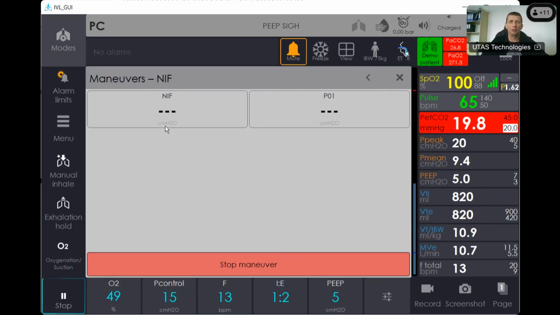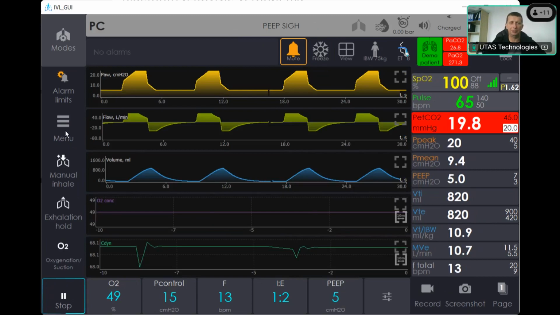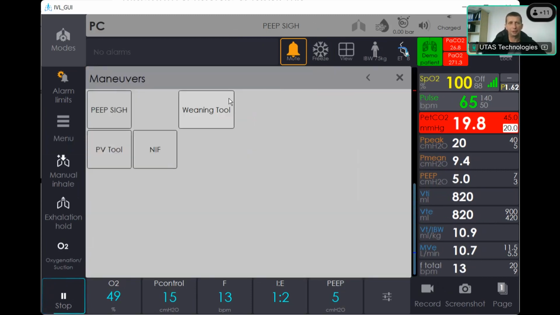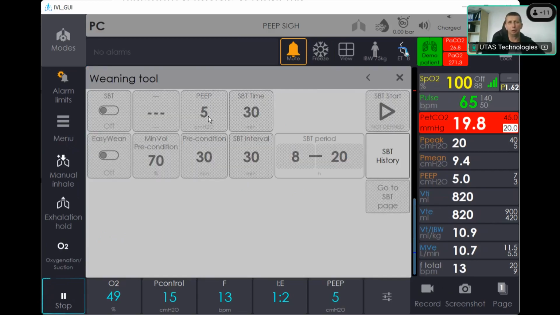The lower we get these figures from the patient, the better prognosis for his extubation we will achieve. Unfortunately, this simulator does not work, but we do have it in each and every ventilation unit. And the next one is a weaning mode or